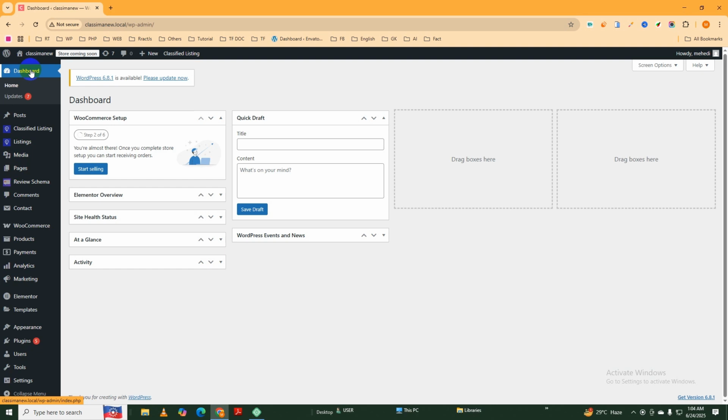The very first thing we have to do is enable the drag and drop form builder. The old or classic listing form doesn't support this feature. Okay, let's check before enabling the drag and drop form builder. So visit the website